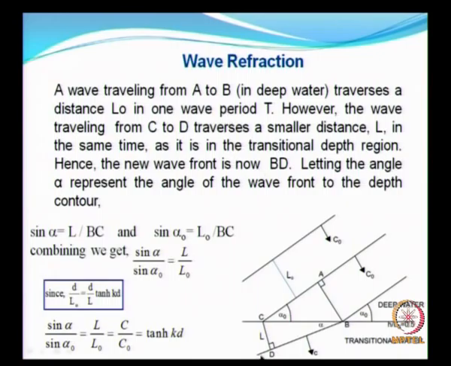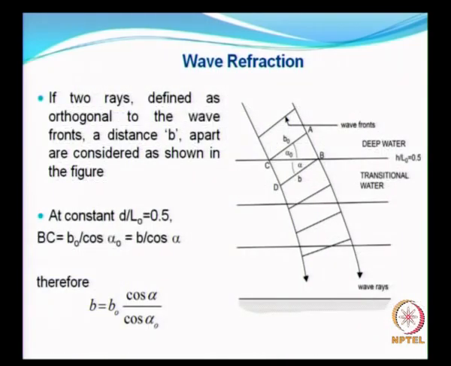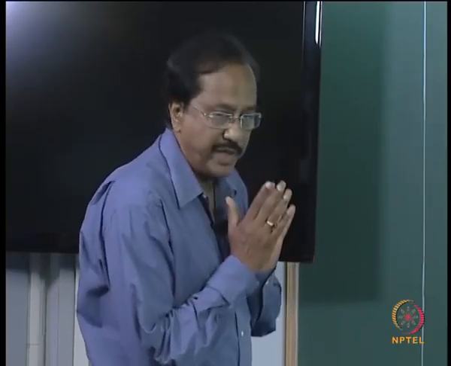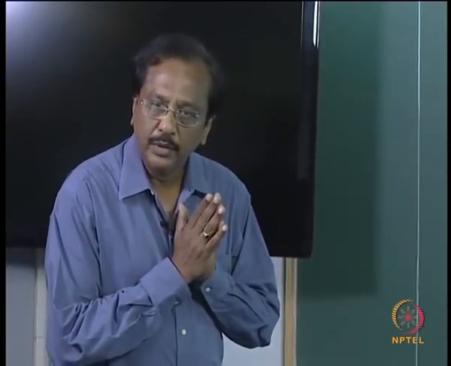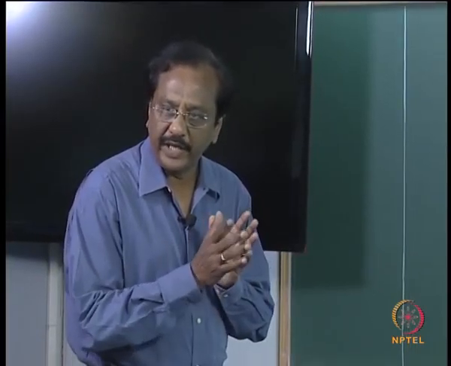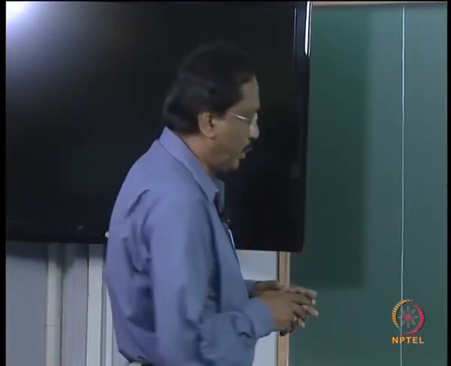Different books use different terminologies, but everything pertains to the wave direction. Now if I want to draw the wave direction at this location, it will be like this, a line perpendicular to the wave crest. This is what is represented here. I am taking a single wave direction, but two different points.